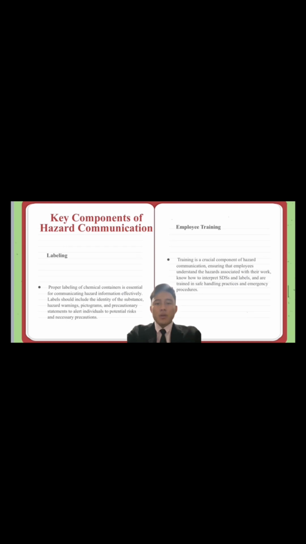Proper labeling of chemical containers is essential for communicating hazard information effectively. Labels should include the identity of the substance, hazard warnings, pictograms, and precautionary statements to alert individuals to potential risks and necessary precautions. The last key component of